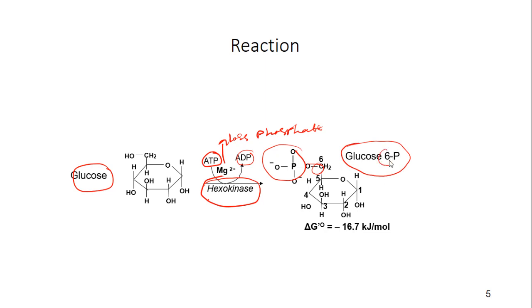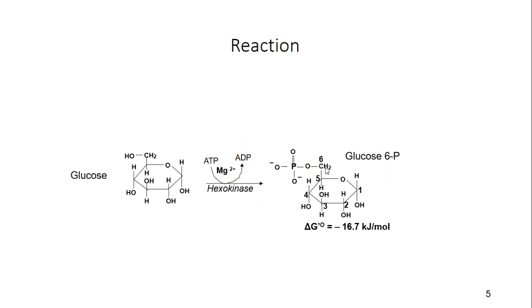Glucose-6-phosphate. Remember, this 6 is coming from the fact that this phosphate group has attached itself on carbon number 6